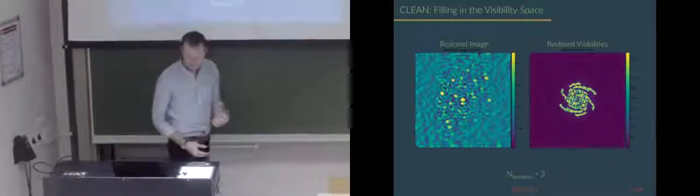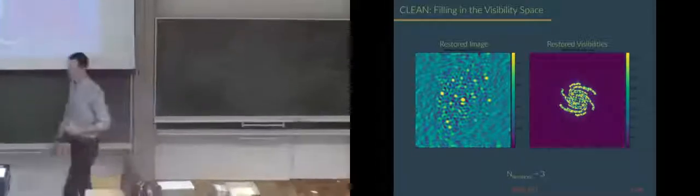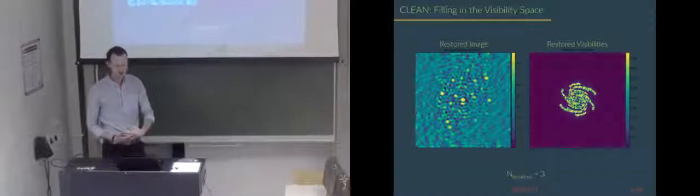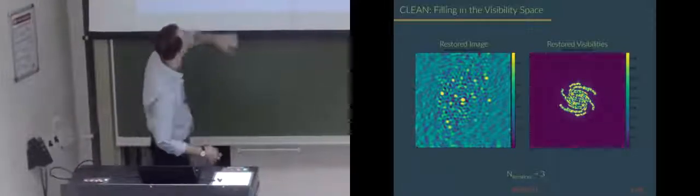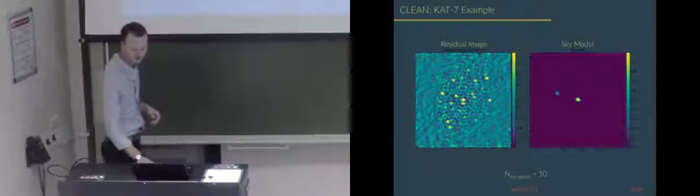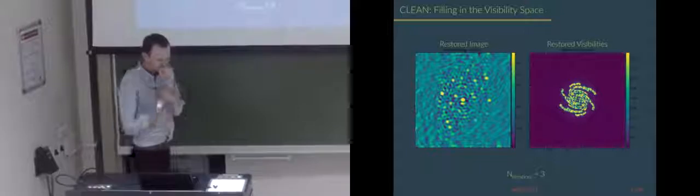An interesting thing to look at is, in this Clark implementation, what these visibilities actually look like. So instead of looking at the sky model, let's look at the restored image, or the restored visibilities. Imagine, for example, in this case, we took this sky model and made a restored image by adding these two together. It's not too different from the original dirty image, but some of the sources have been removed.